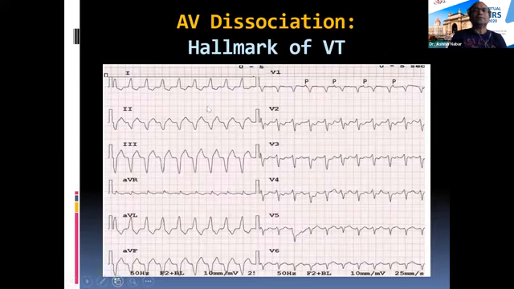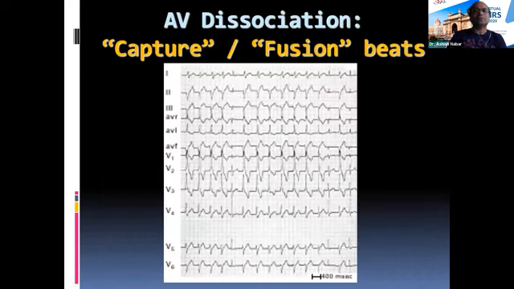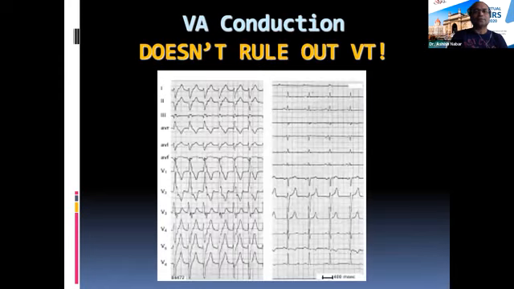For example, one more trace, where probably you look at these leads and you don't see any dissociation. But if you look at the lead V1, you can clearly see that the P waves are much fewer than the QRS and they come at fixed intervals. So it is very important to understand how to look for AV dissociation. And since undergraduate days, you have learned that if you see a narrow QRS beat amongst this broad QRS tachycardia, it could be either a capture beat or a fusion beat. And that tells you that it's a VT, because once again, this is a hallmark of AV dissociation, and locating a capture or a fusion beat again clinches the diagnosis for you.